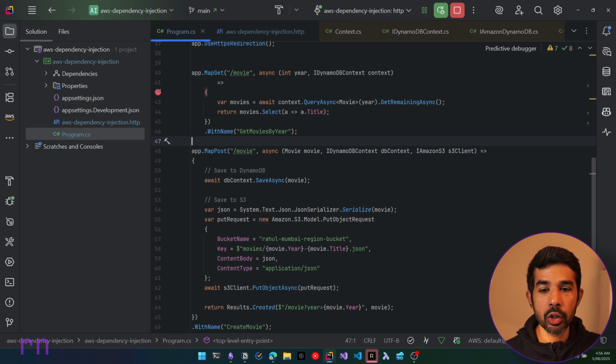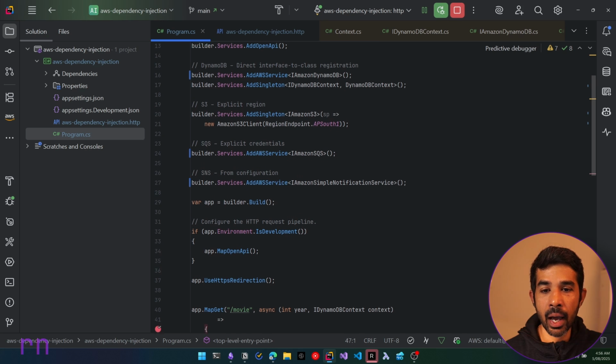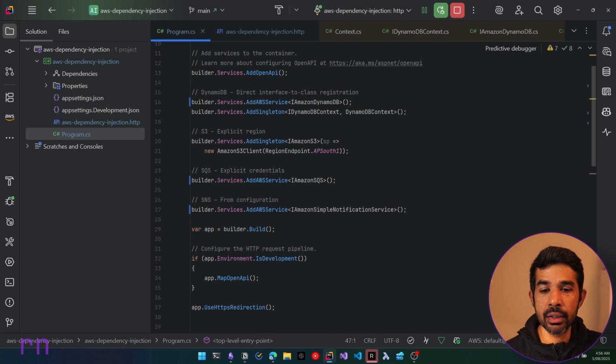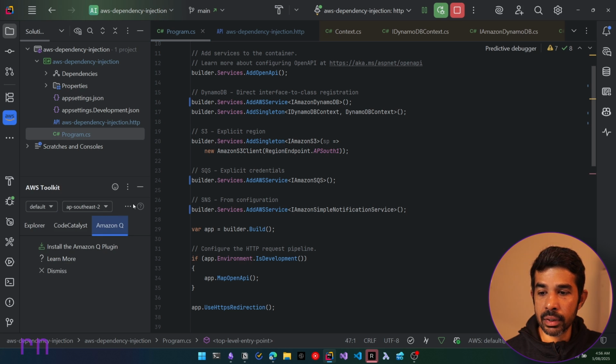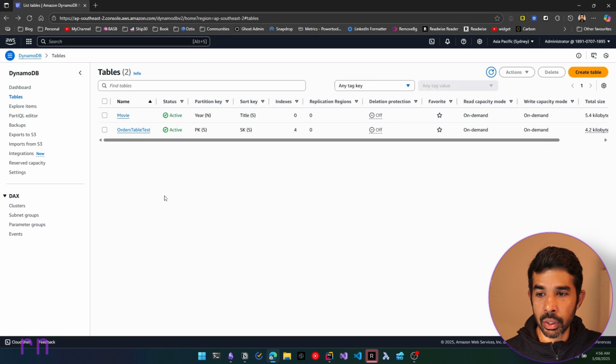Now there are scenarios where you cannot use this specific registration mechanism. So you can see in here we have a map post method which takes in a movie and writes this to DynamoDB and it also writes a record to S3 client. Now in this specific case, I have my S3 client in a different region. So you can see here, this is in AP South 1, whereas all my default services are in AP Southeast 2. So if I navigate to my S3, you can see the Southeast 2 has the movies database, which is